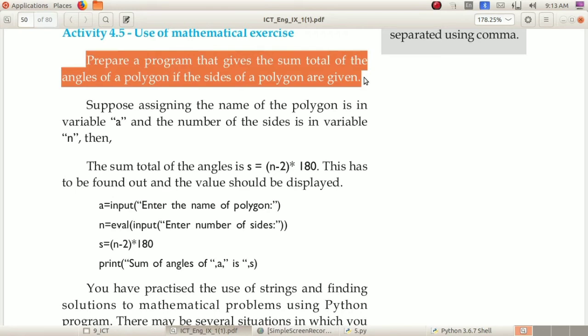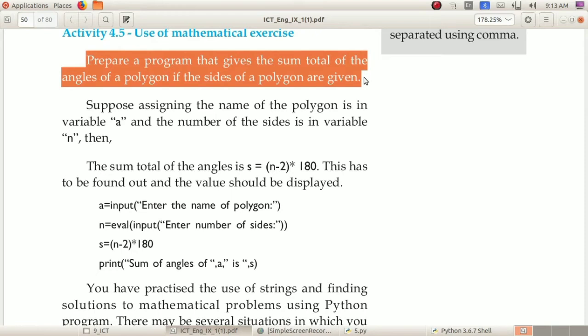So triangle is a polygon, square is a polygon, right? If the number of sides of that polygon is given, then we can find the sum total of the angles.